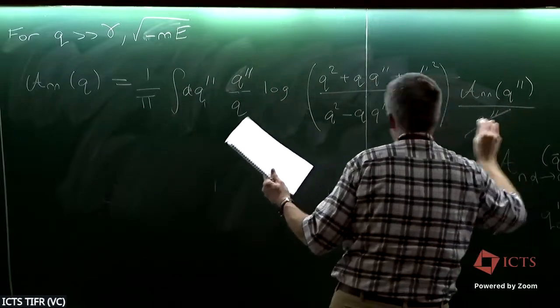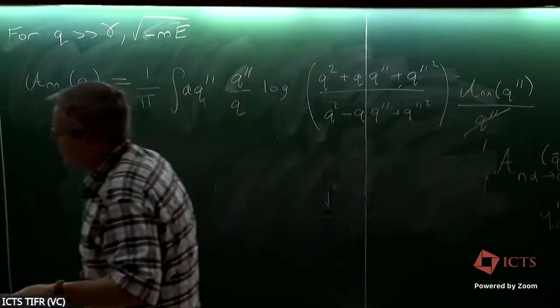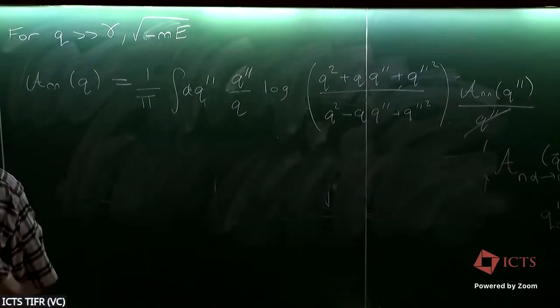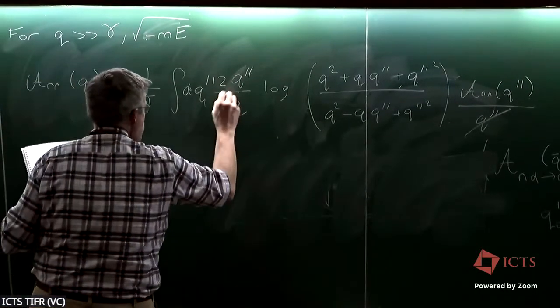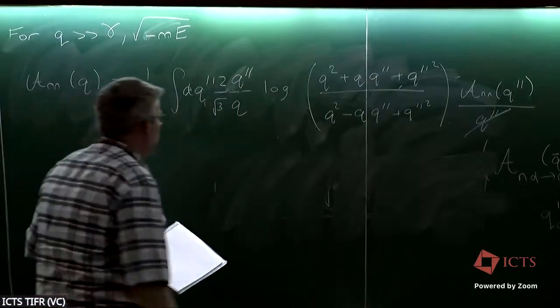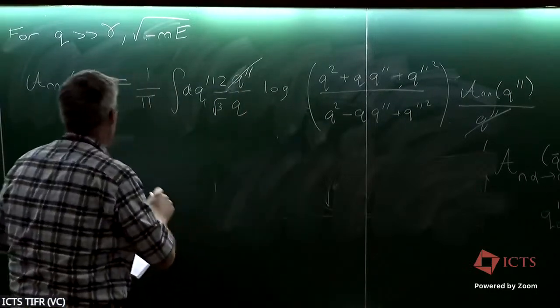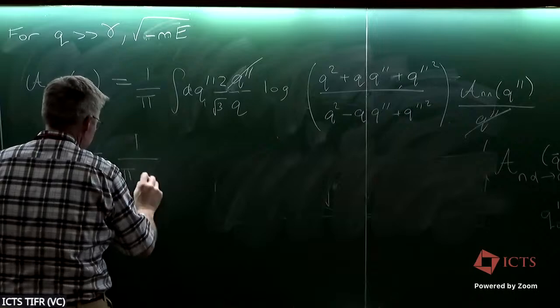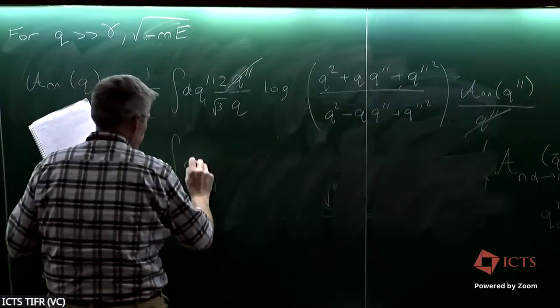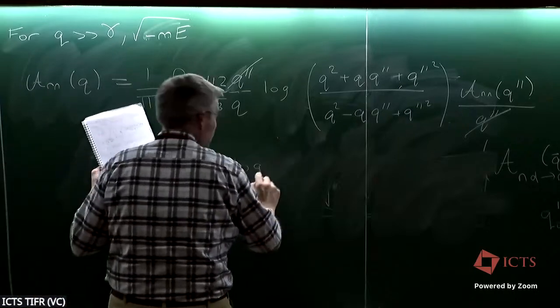So then I can cancel this. Maybe I think I missed a factor because I've got to include my 2 over root 3. So I can cancel this and cancel this. I can bring the 1 over q out the front, which I guess is the proof of what I said before. And I have that